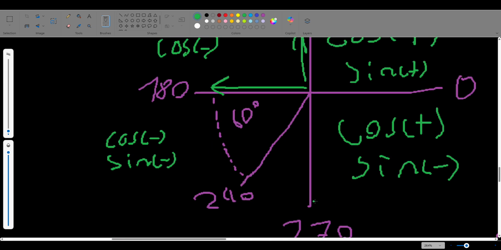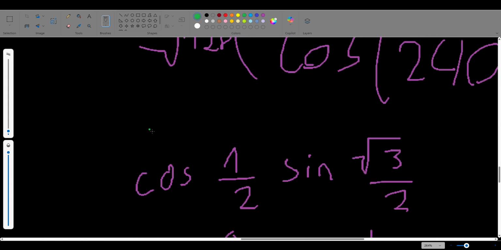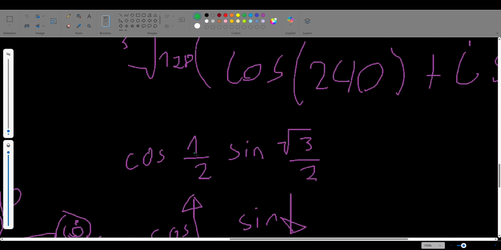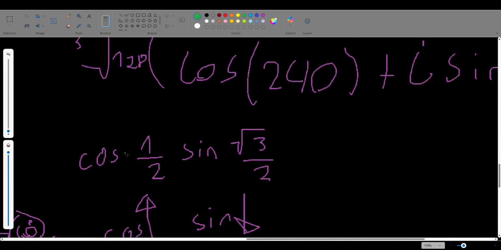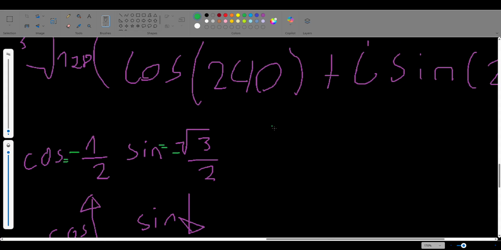So where does 240 lie? It lies in the quadrant where our sine and cosine are both negative. So these two become negative. All right. Also, cosine is equal to negative 1/2, and sine is equal to negative square root of 3 divided by 2. So now our final answer, Z3,